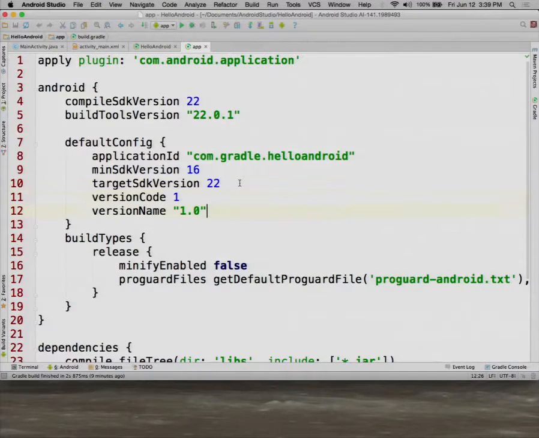Now the version code and the version name are largely used for your own internal tracking, just a number and a version name. But the version code is something that the Google Play Store notices. They expect that to change when you deploy a new version of the same app, and they'll check that. I don't know that they do much with the version name, but the version code, they do expect you to increment that.